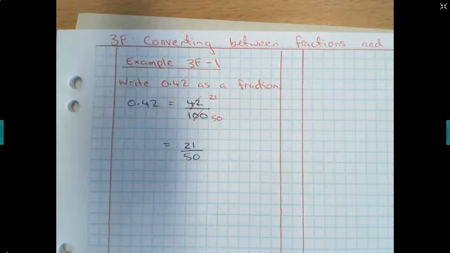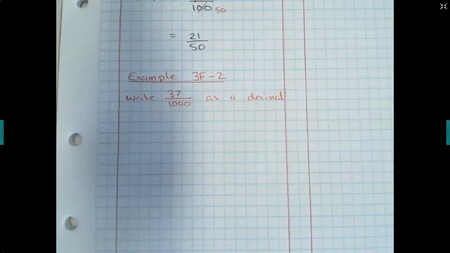Is there any more simplification that can happen there? No, therefore that is your answer. You always have to give your answers in simplest form. We have to write it out like this when we're showing our working out. Yep. Okay, now 37